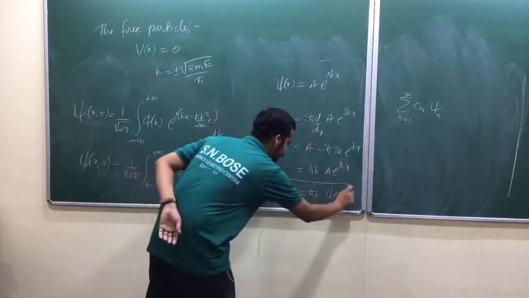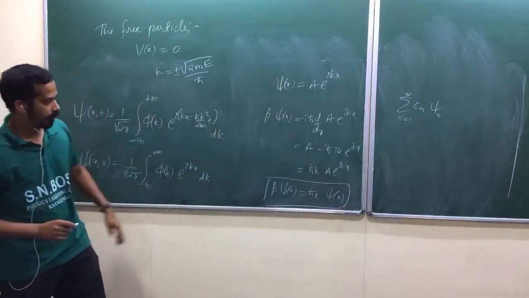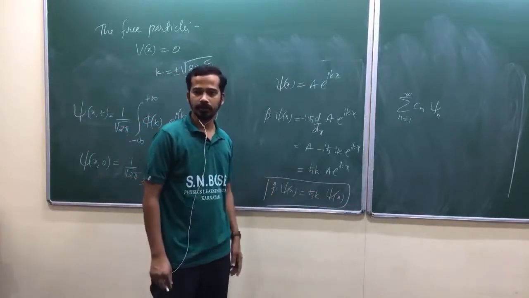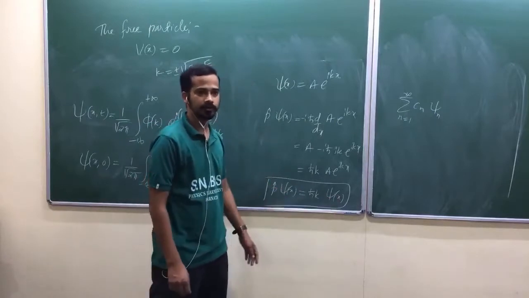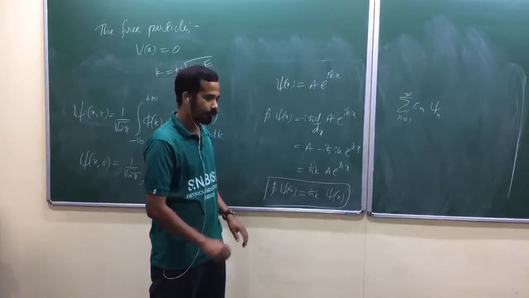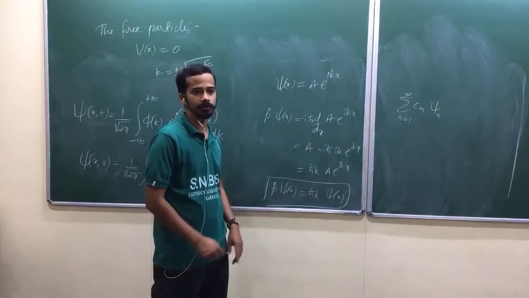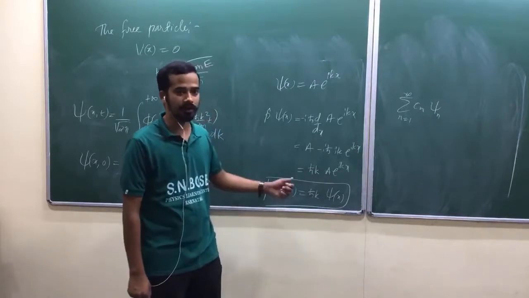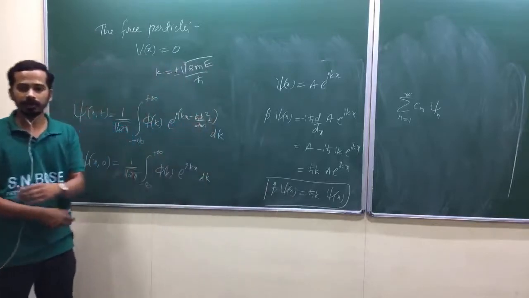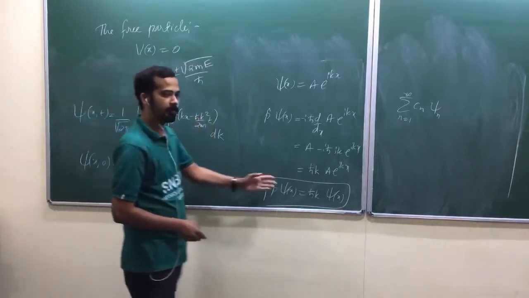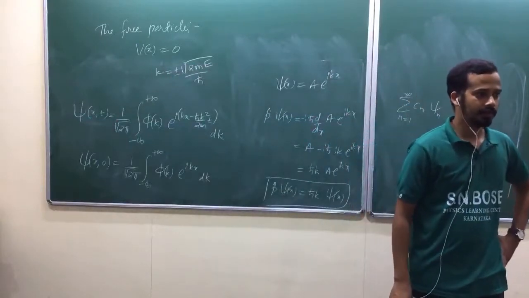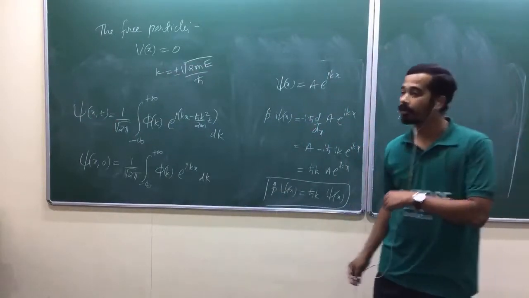What is this equation? Operator, function, constant, function. What is this equation? Eigenvalue equation. Is that okay? So now this is a momentum eigenstate also. We had no momentum eigenstate earlier. Look at it, just check it out. Particle in a box: if you operate p cap, sine will become cos, derivative, isn't it? Are you getting my point? But this is a momentum eigenstate also.